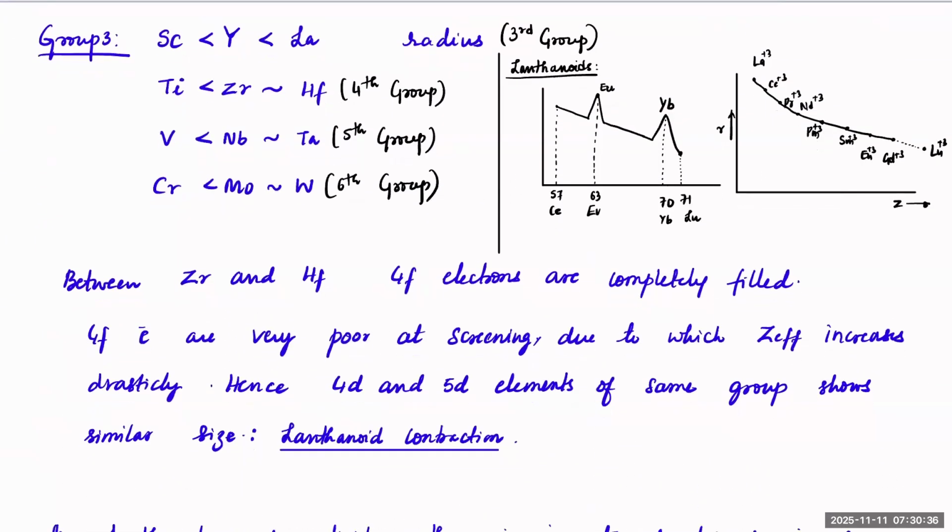These are a few exceptions from group 3 D block elements. Please go through it once. Look, when it comes to zirconium and hafnium, niobium and tantalum, molybdenum and tungsten, they all will have similar radius because electrons are entering into the F shell. And when electrons are entering,